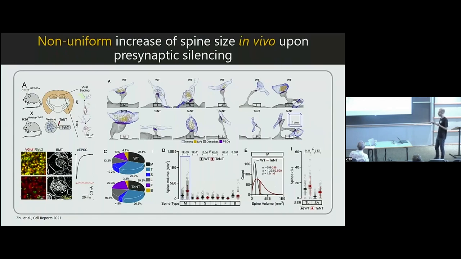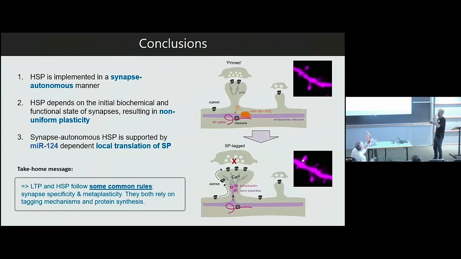So my point here is that when you remove glutamate activity, it's not just that you remove something, you are also doing something to the neurons as if they were stimulated somehow, which is really intriguing when you think about it. So the conclusions are these, and this is the last one.